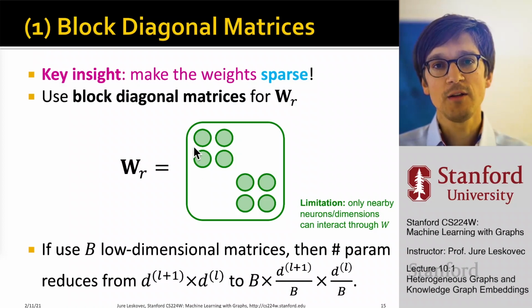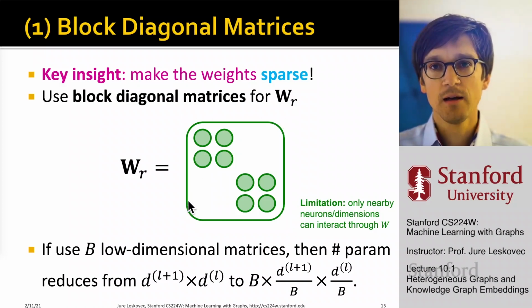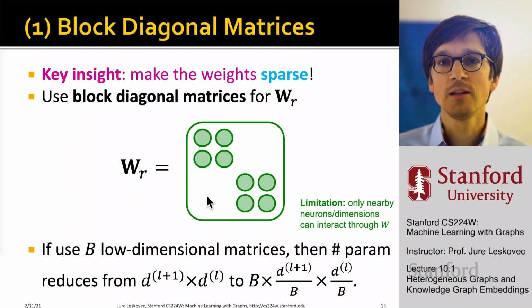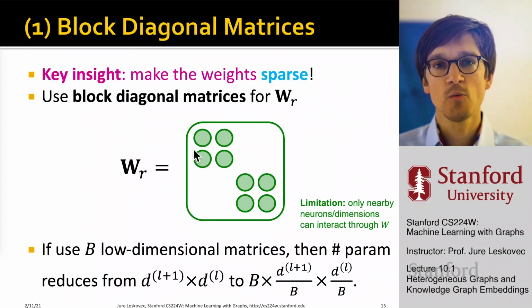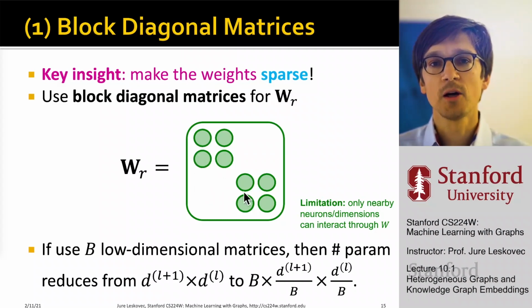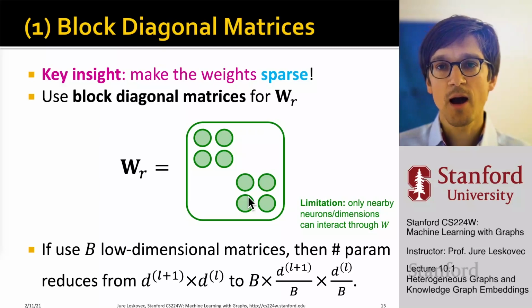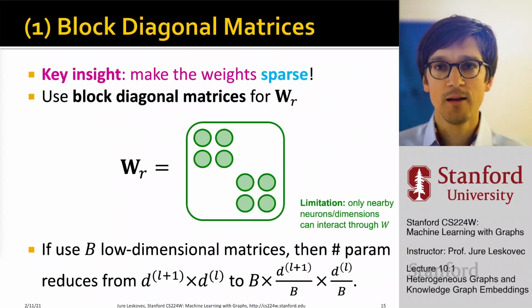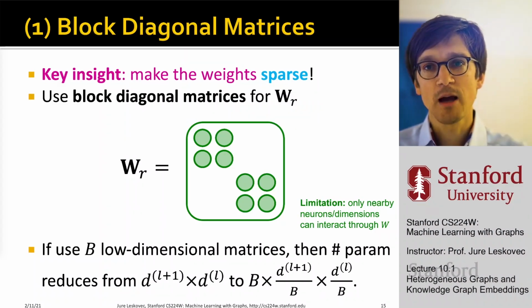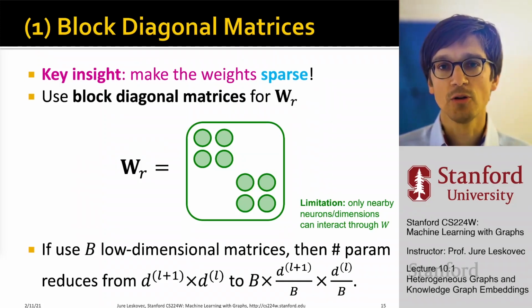What you lose is that, if you think about this as a transformation matrix, embedding dimensions that are far apart from each other cannot interact with each other, right? So, for example, here only embedding dimensions 1 and 2 can interact with each other, but not, let's say, 2 and 3, because they are in different blocks. So it may require several layers of propagation and different structures of block diagonal matrices for embedding dimension 3 to talk to embedding dimension 2.